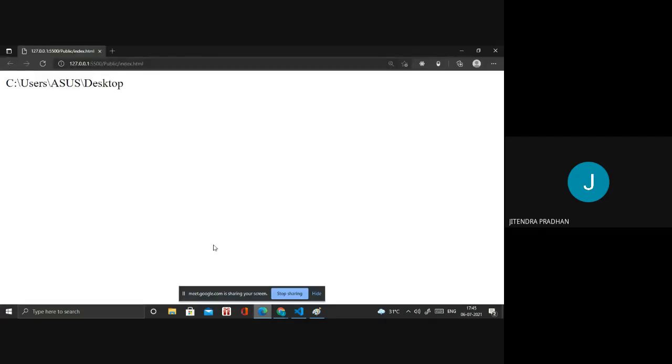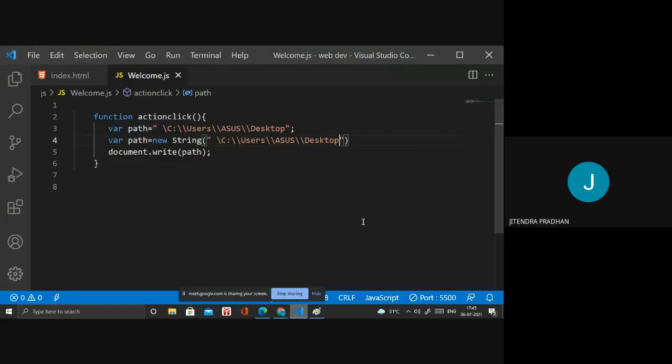Wait, it's not showing. Why? I think, yeah, it's not showing. Wait some time. What is the issue in that? String is there. Okay, string object dot, yeah, it's string object, new string. In that we have double quotation,